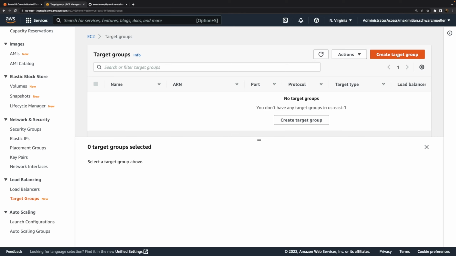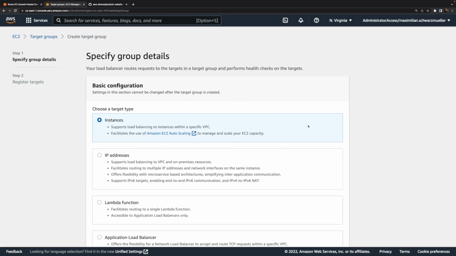Therefore, here I'll just briefly walk through the steps that are required to create a load balancer for my instances here. Here, I'm also not going to set up auto-scaling, and I'm creating the load balancer even though I only have one instance.